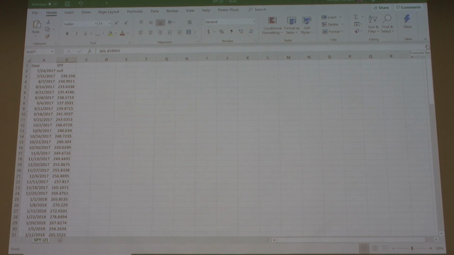All right, now we're going to learn how to calculate the standard deviation of a series of prices. Right now what we have are prices. We cannot use prices as our information to do a standard deviation, so we have to first transform our prices into returns. Now these are weekly observations, so we're going to calculate the weekly return of this ETF, which is SPY, which